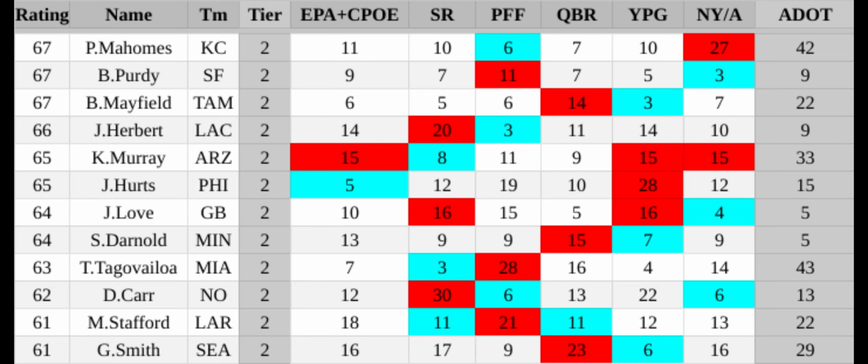He was passing deep with the 9th average depth of target. So he was getting after deep balls, which is the most efficient way to play offense. And overall, he was efficient at basically every phase of the game, with Ladd McConkey being 9th in yards per route run and Quentin Johnston being 40th, which, Quentin Johnston being in the top 200 is kind of a success in and of itself because he looked really rough.